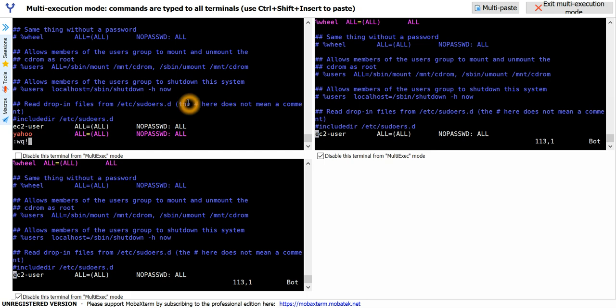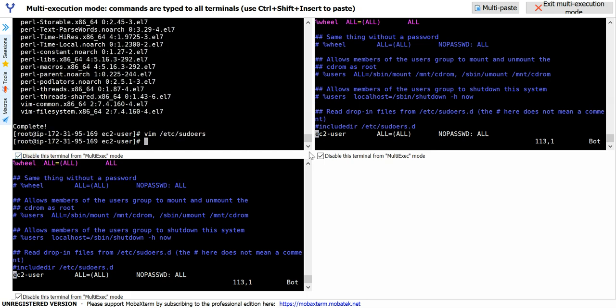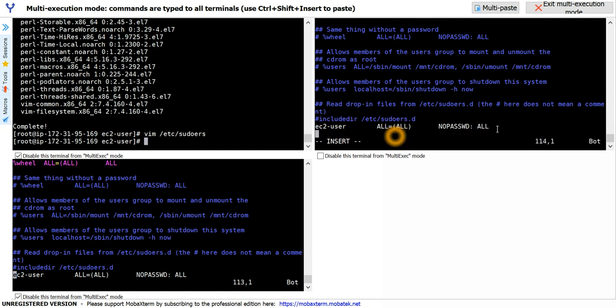Give control Q, go enter, disable this tab, come down to this one, go to the end. Okay, I, and then paste the same command here. Okay, it's not pasting. So for this it was Google, and same all is equal to all. Okay, and no password,